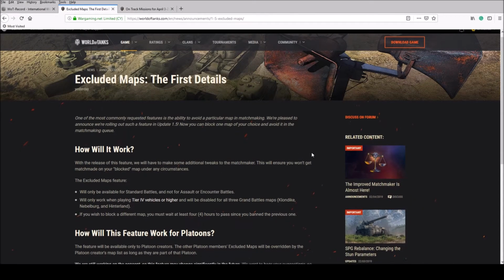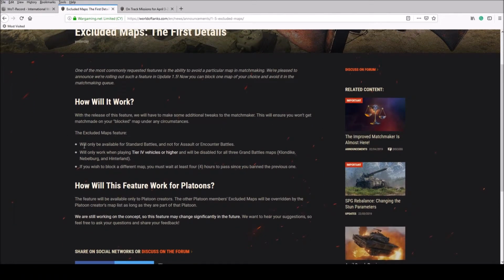any circumstances. The Excluded Maps feature will only be available for standard battles, not assault and encounters. It will only work when playing tier 4s or higher, and will be disabled for all 3 grand battle maps: Klondike, Nuremberg, and Hinterberg. And if you block a different map, you must wait at least 4 hours to pass since you banned